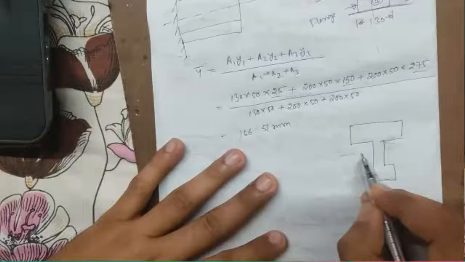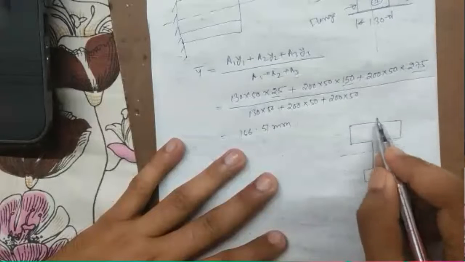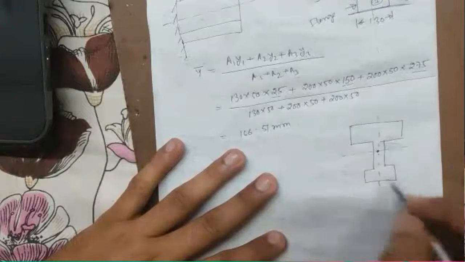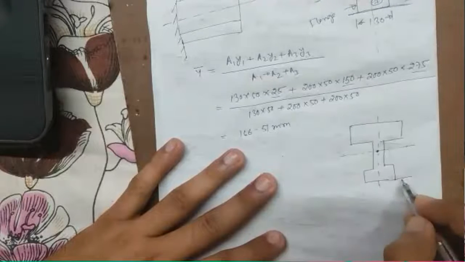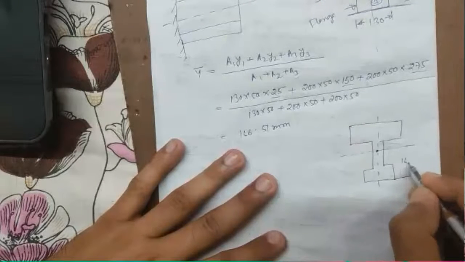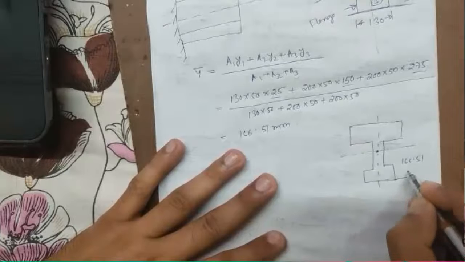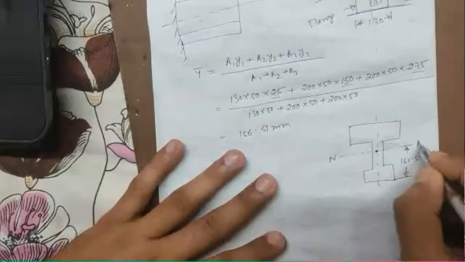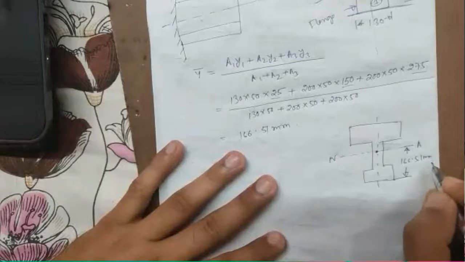The neutral axis will be at a distance of 166.51 from the bottom face. This is the neutral axis. This is 166.51